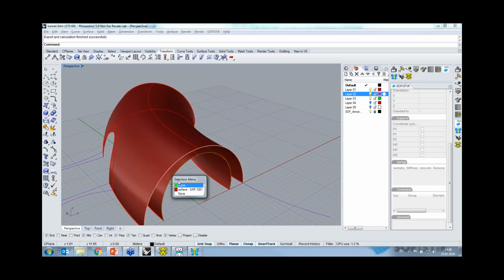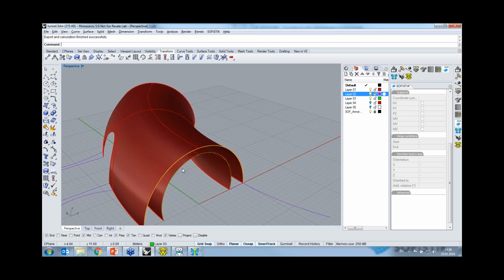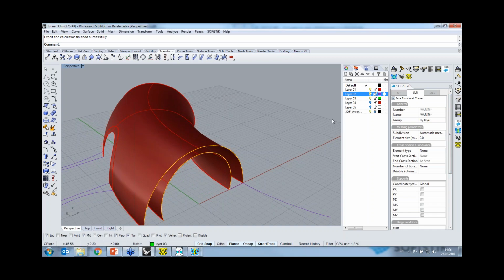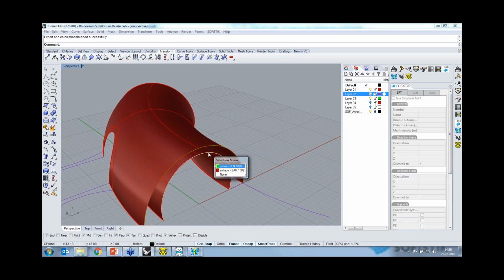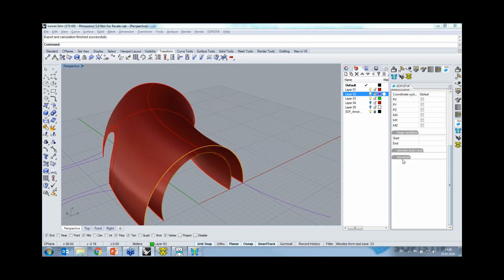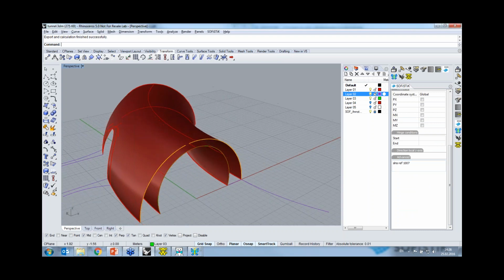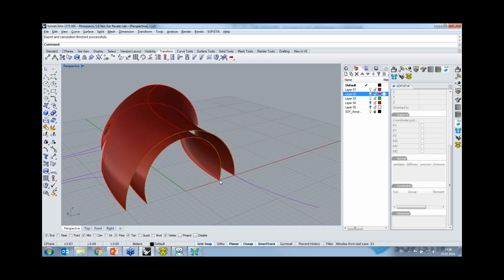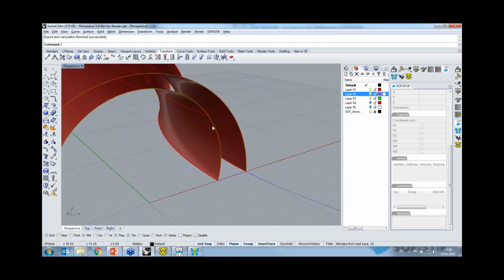Now, as a final step, we want to generate some quad elements here. We will do that by lofting between this curve and this curve. So let's make these structural curves, lines. We're going to use to reference structural line 1008 when we define structural line 1007. This way they will have the same number of subdivisions, and we're going to loft between these two structural lines